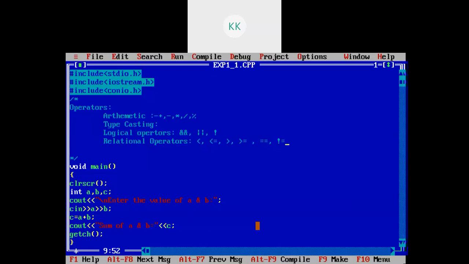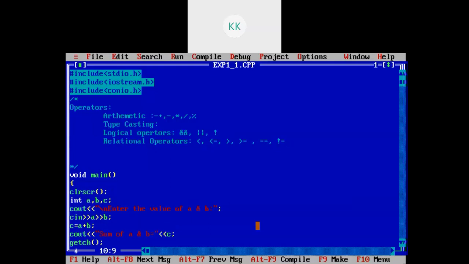These are the relational operators. They are generally used in conditional statements, wherein we want to find out whether a number is greater than, less than, or equal to, or not, another number.